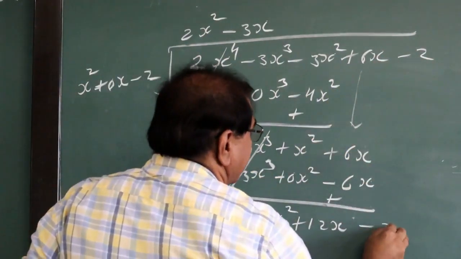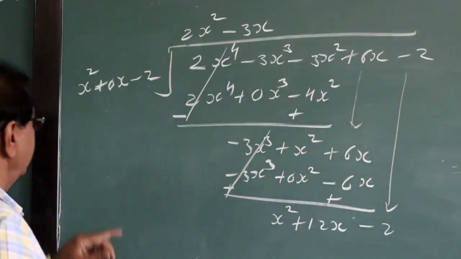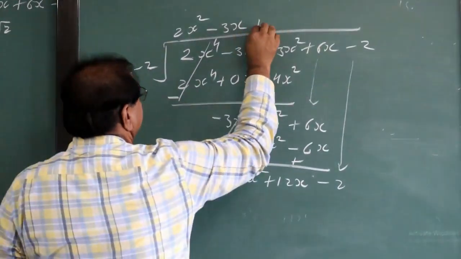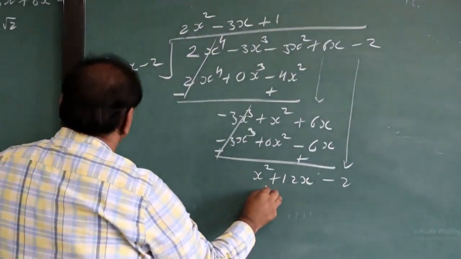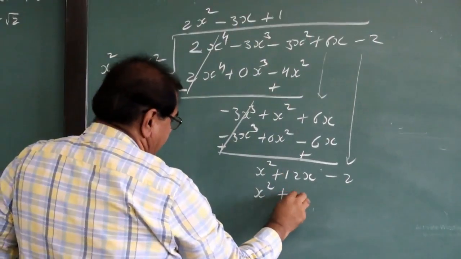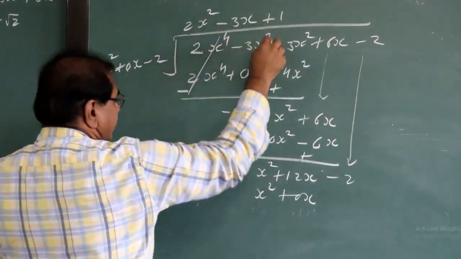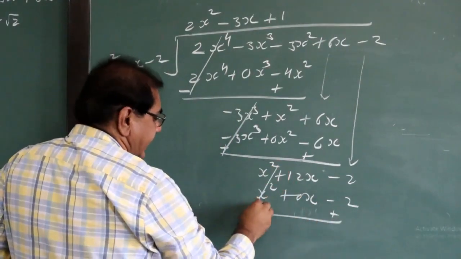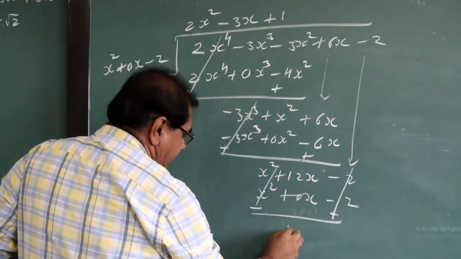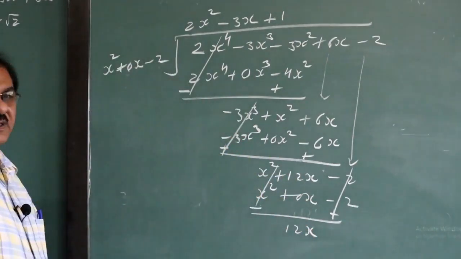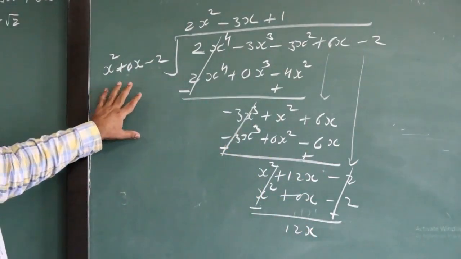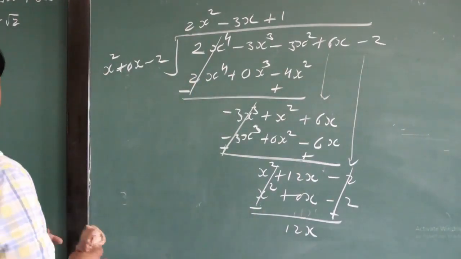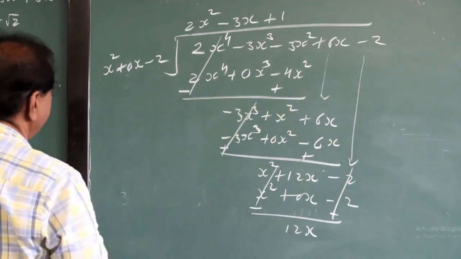Now minus 2 is brought down again. Okay? Again we go here, x square into what makes x square? Plus 1. So now it is x square, 0 into 1 plus 0x, minus 2 into plus 1, minus 2. Changing sign, this is cancelled, 12 plus 0, 12x. It is the remainder. Okay? So this is how we can divide a polynomial with the other. But here we want to find out the remaining two zeros.